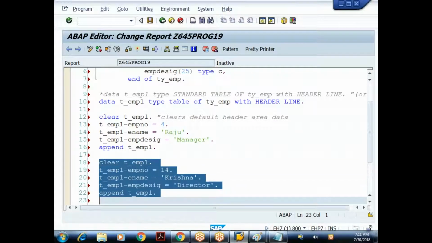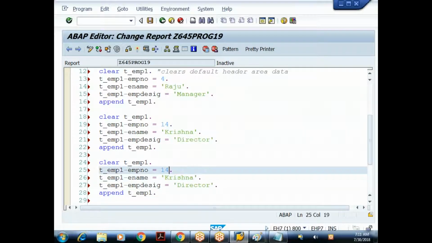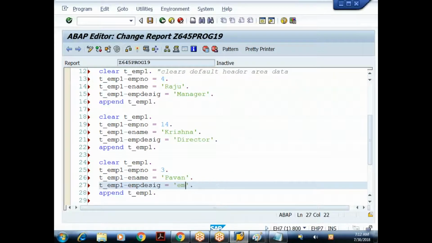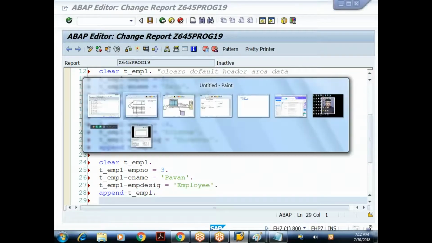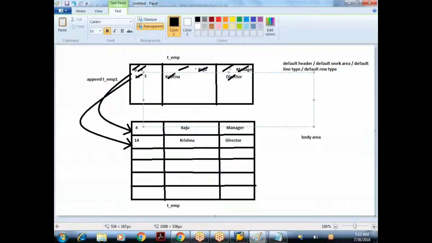Let me assign one more record. Something like 3, Pawan, and Employee. Again this data will first be assigned to the header only. So the old data would be overwritten, it will be cleared, and the new record stored. This is 3, Pawan, and Employee.